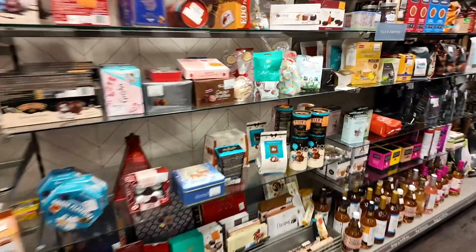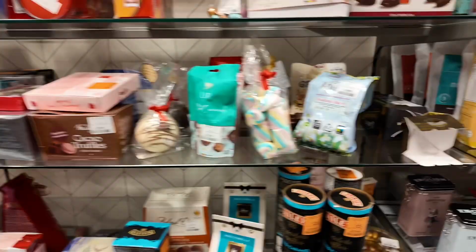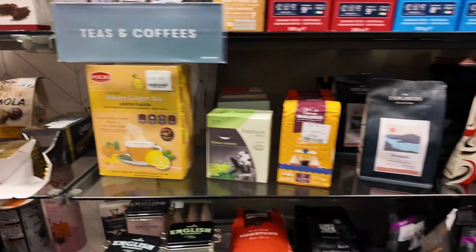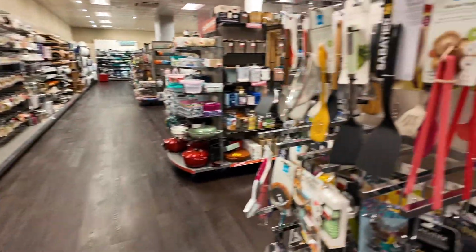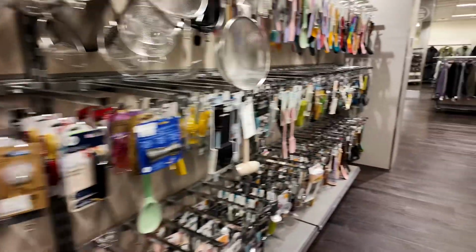We've got food and biscuits and sweets and Moorish delicacies, pans, and I must tell you about my pan when we get round the other side. Kitchen accoutrements,